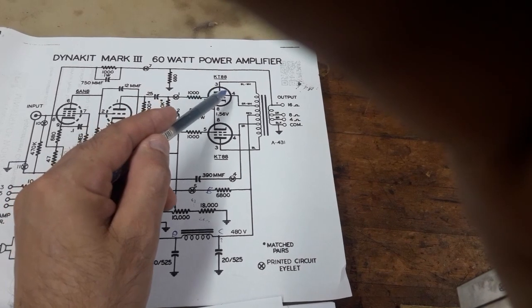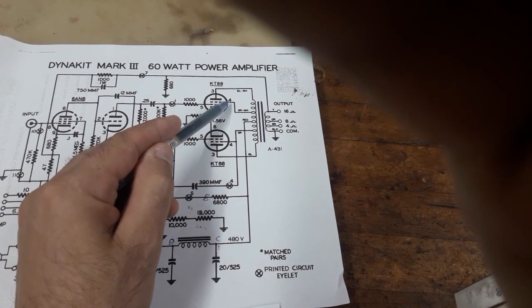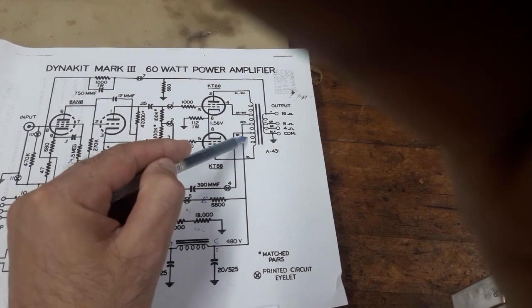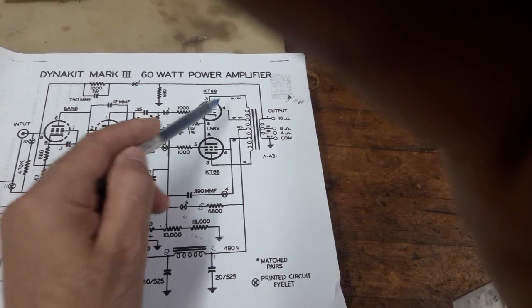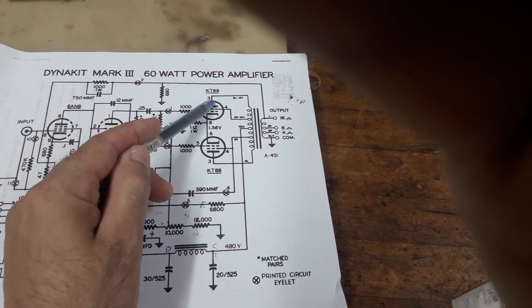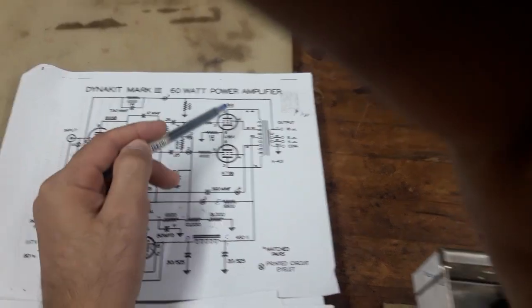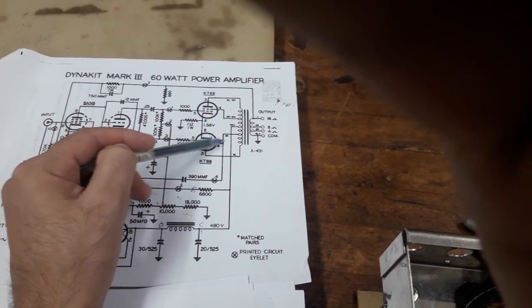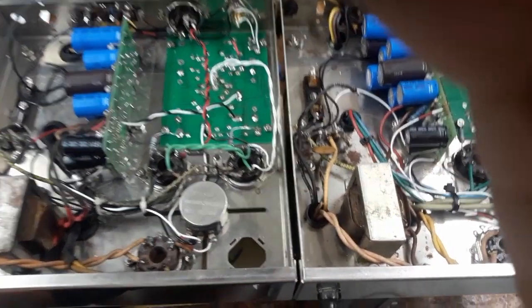Okay, triode mode simply eliminates the connection from these taps to the output transformer primary, and they connect pins 3 and 4 to each other, right? Very simple. It's usually done with a small resistor. I think a 100 ohm resistor was in place on these, but I think it can be done directly. And these lines here are just abandoned. So it occurred to me in the middle of my sleep that those wires were removed from the overall assembly here, and that I would have to redo those wires. So basically,